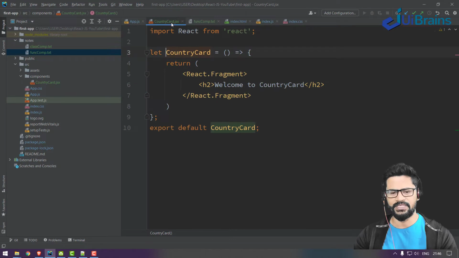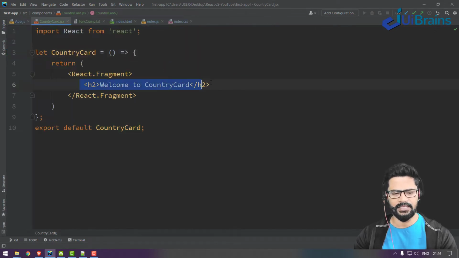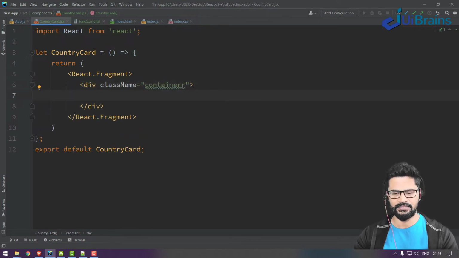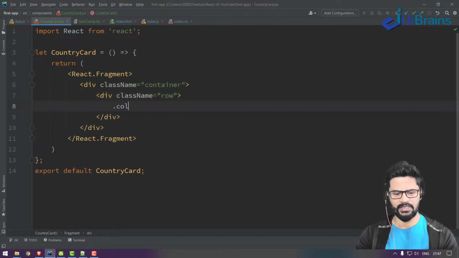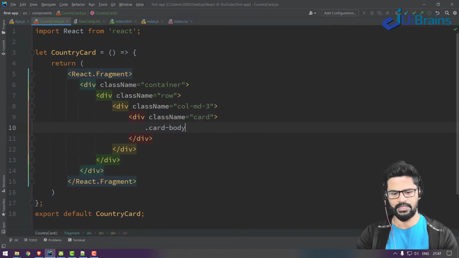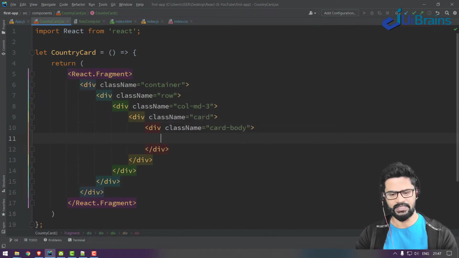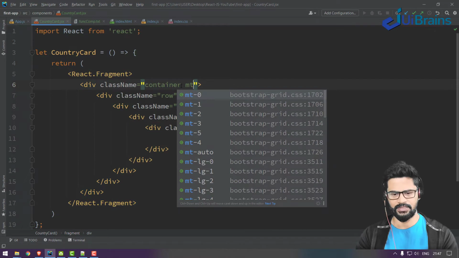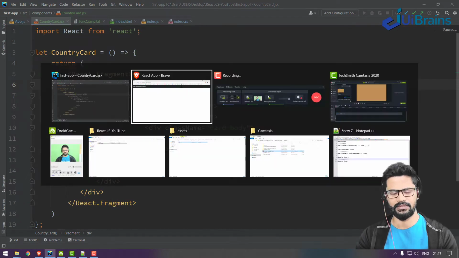My plan is, inside it I use the Bootstrap grid system: one container, one row, and a col-md-3 column layout. In that, one card with a card body. Let's check. I got a card body, but with some margin, so I'll say margin top 3.